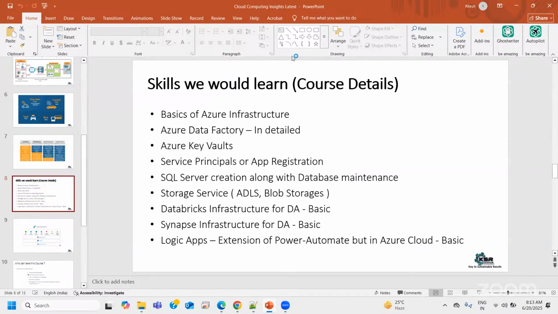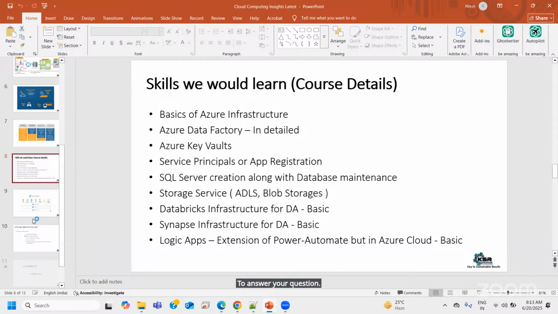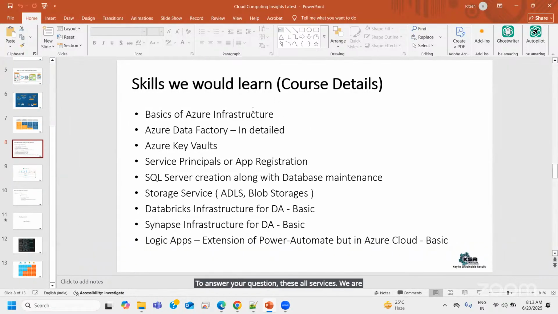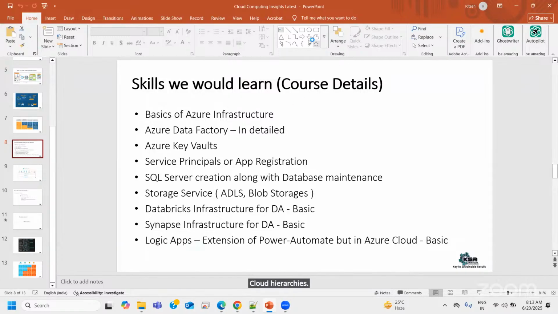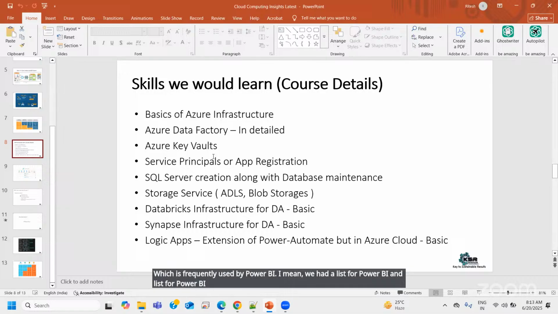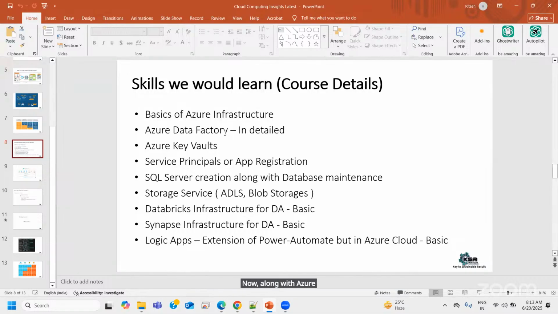To answer your question, these are all the services we are going to cover. We will start with what the cloud infrastructure is, rather what is in Azure cloud infrastructure, and how the cloud hierarchies work. Most of our usage will be in terms of Azure Data Factory, which is our primary ETL, frequently used by Power BI analysts or Power BI developers, right? Along with Azure Data Factory, there are some dependent services which come with it,